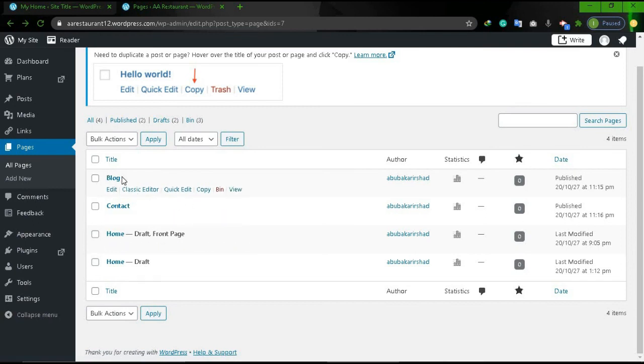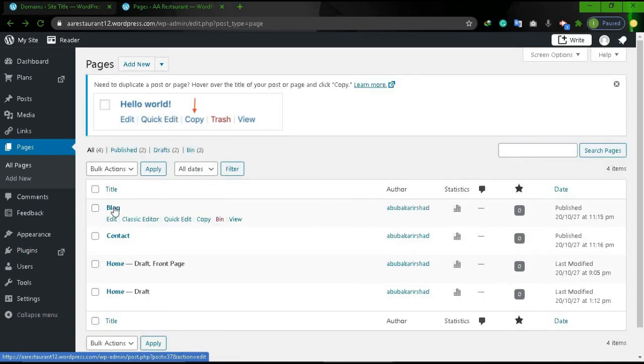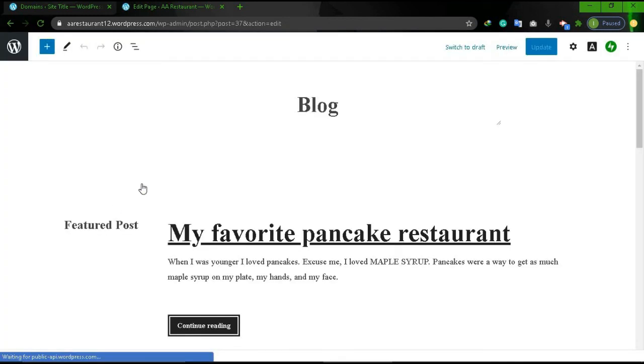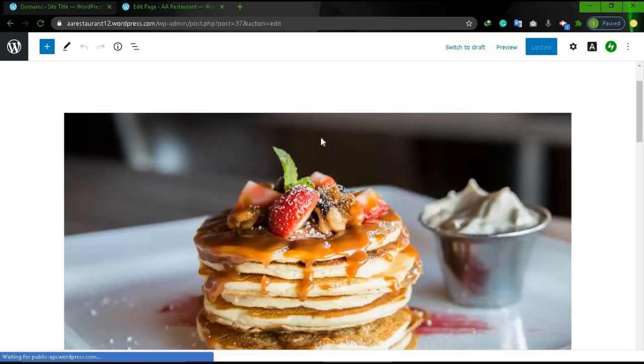Similarly, if you want to edit the blog page, click on it and then you can manually customize this page. I click on it. The blog page has opened.